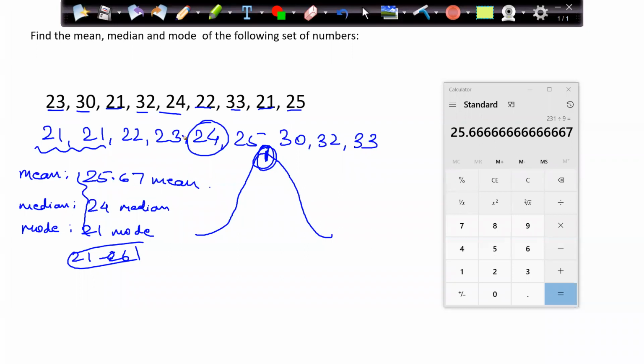So that is what my data is. Suppose someone asks, let's say this is the marks in the class, what is the average marks in your class? I will say it's around 26 marks. Or if I say median, then 24 marks. Or if I say mode, then 21. So mode I will not prefer much.